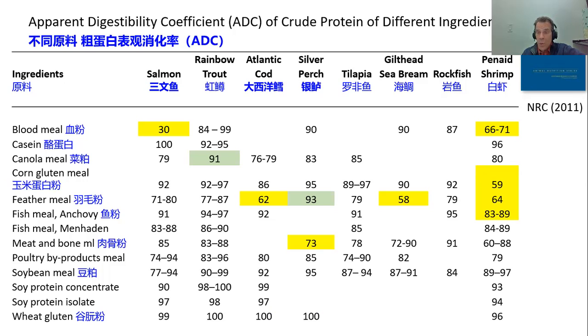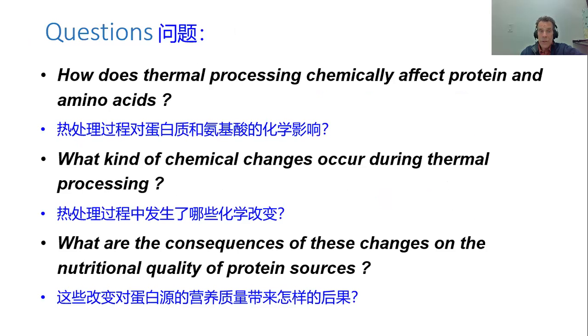If you have a high quality product, the digestibility is very high, as illustrated in the work with rainbow trout, silver perch, steelhead, sea bream, rockfish, where the digestibility is over 84, 85, 90% in these species because good quality blood meal was used, not overheated. The same thing can happen for canola, feather meal, fish meal, etc. So actually, heat damage can occur for feed ingredients.